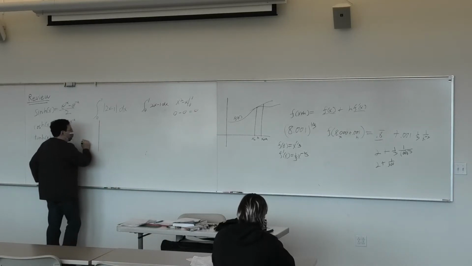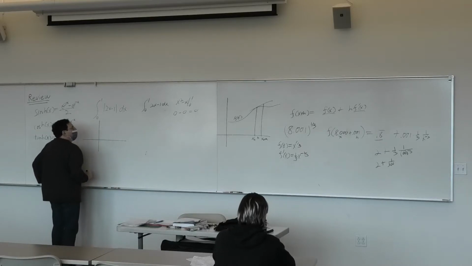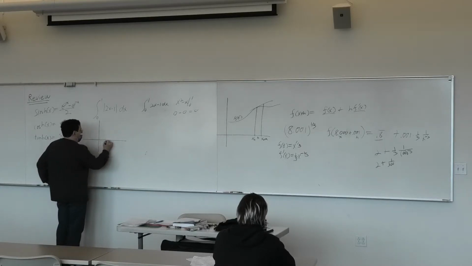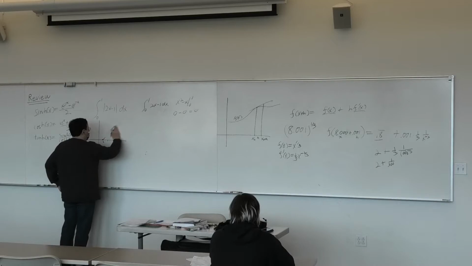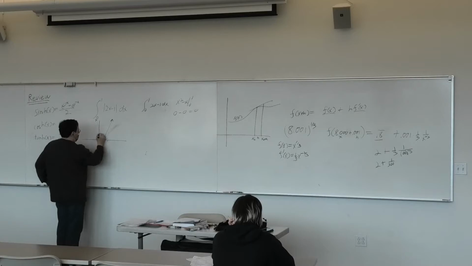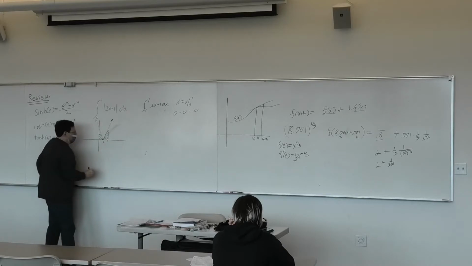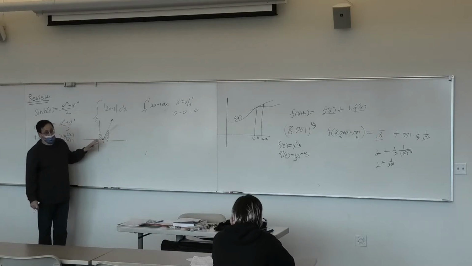Well, to understand this problem, it might help to graph it. We have a function which is 0 at a half, and it has a slope of 2, or negative 2. And we ask for the area under it. So you can see right away that it's not going to be 0, it's going to be something else.